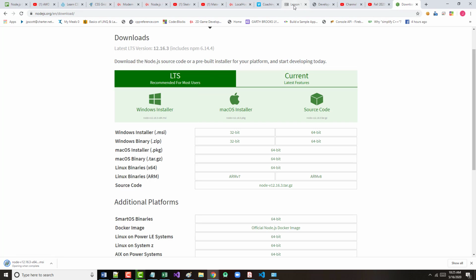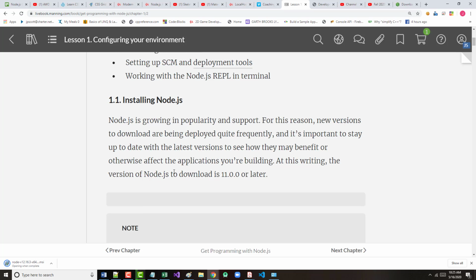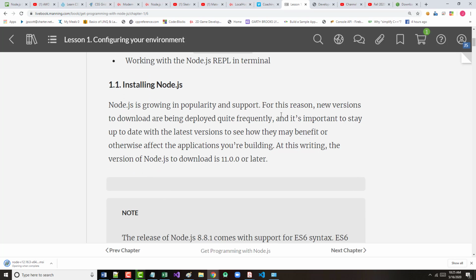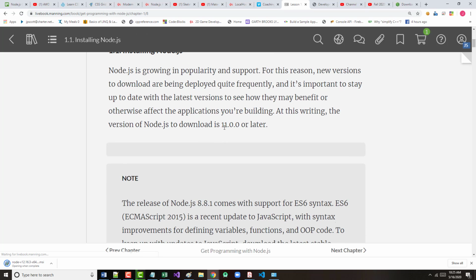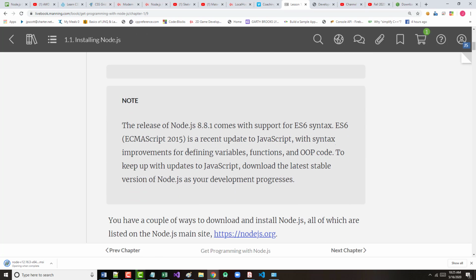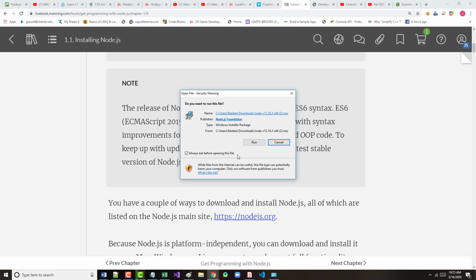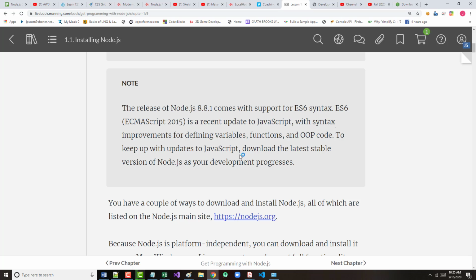Not really a whole lot on here. So it's growing in popularity and support. New versions are available frequently. That's 11. Ours is going to be 12 point something. I don't remember exactly what it was. So here it is. Okay, saying we want to be able to run that file. Click Run,